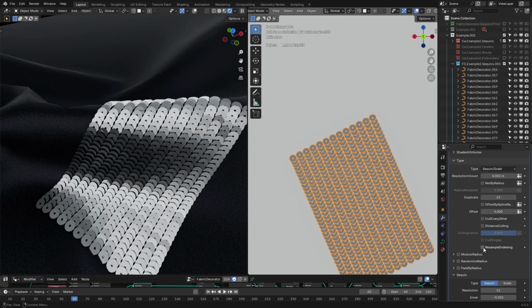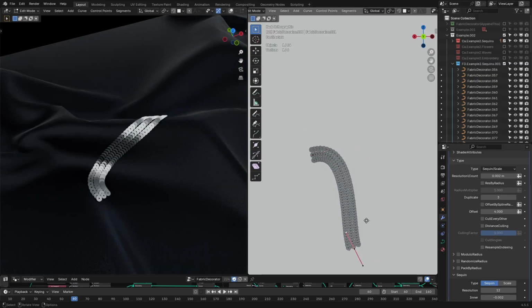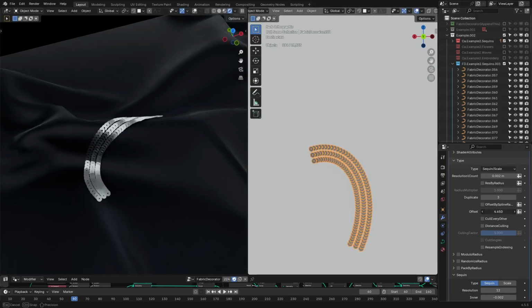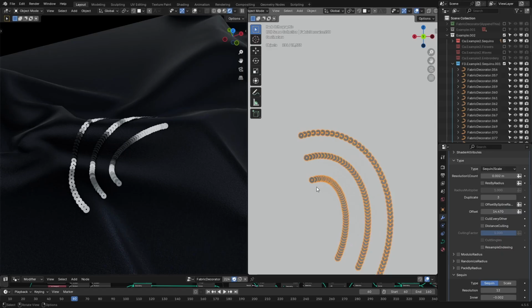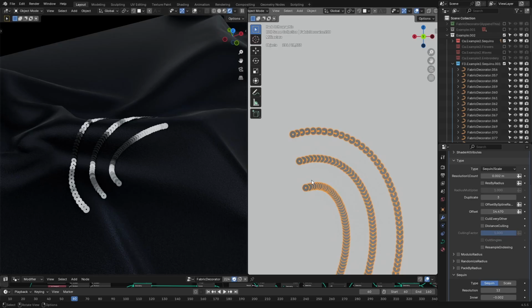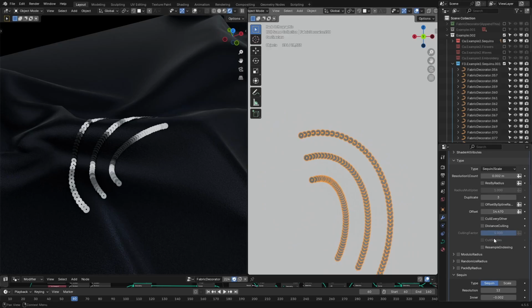Then we have something called resample indexing. This is most useful in high curvatures or in very curved situations like this and very high offsets. Let me show you. As you can see, we have one very large spline and one very small spline, and the count or the resolution of them are the same. So this smaller one has much tighter spacing than this larger spline, so we can do resample indexing to make sure the spacing between them stays the same. And by the way, if you enable cull every other, it's going to enable resample indexing by default,